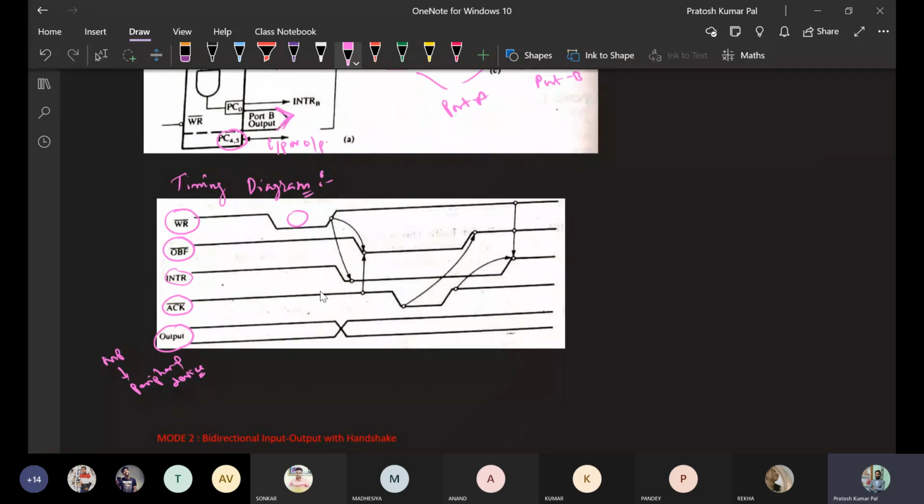So once the interrupt is disabled, that means the next data will be sent. Once that interrupt is one, that means the data has been requested. So once the data has been requested, now this output buffer will be low. That means the output buffer has been full. Okay, so once the request has been made, this interrupt signal will go low.